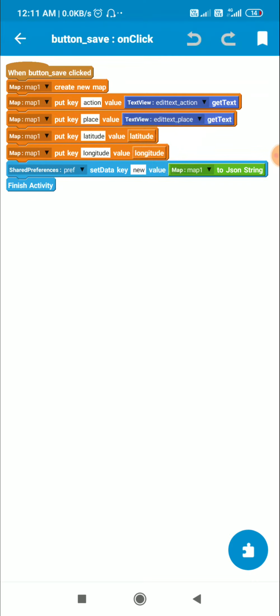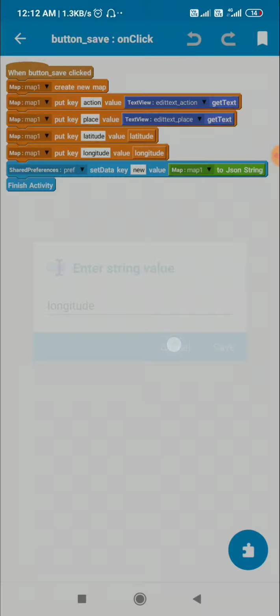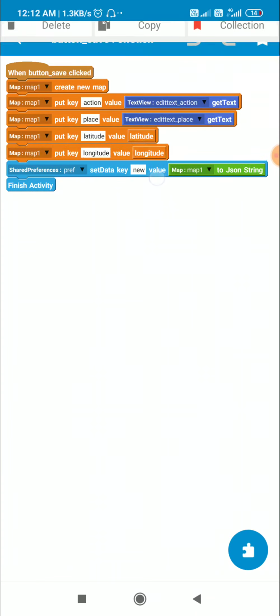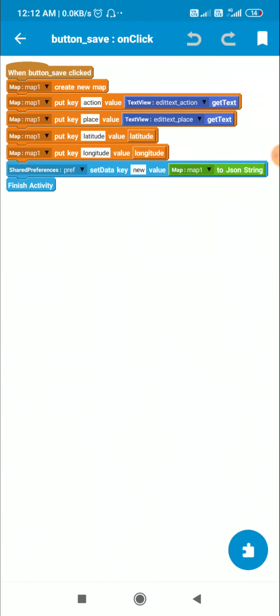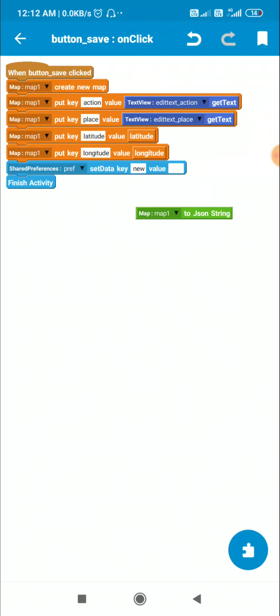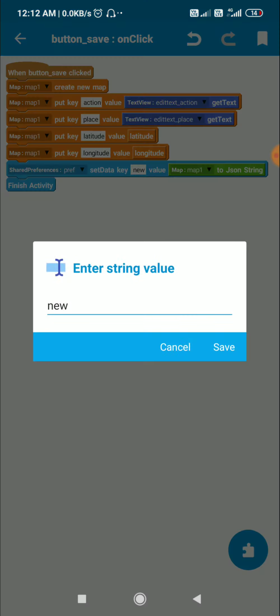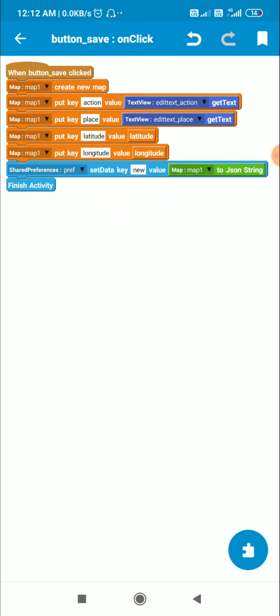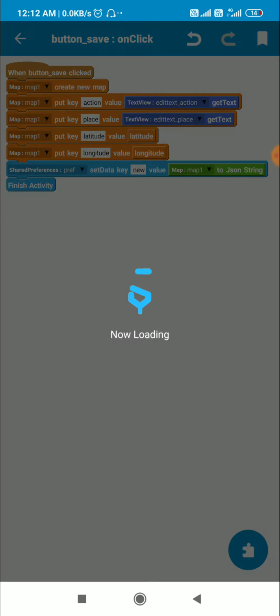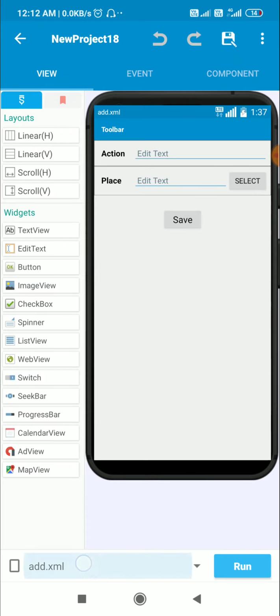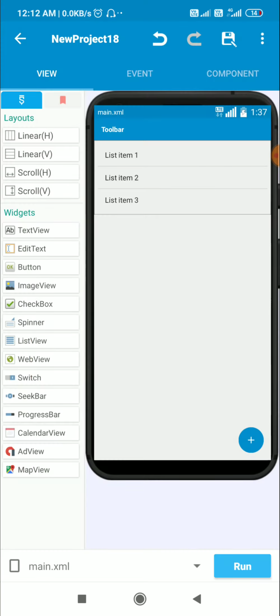So this can either be empty or it can be some latitude, some number, and I put key longitude value the string variable longitude, and after that I convert this map to JSON string and save it in shared preferences using this key new, and then I finish this activity. So this will save this map variable in this key new and it will finish this. So when I finish this activity I will move back to main activity.